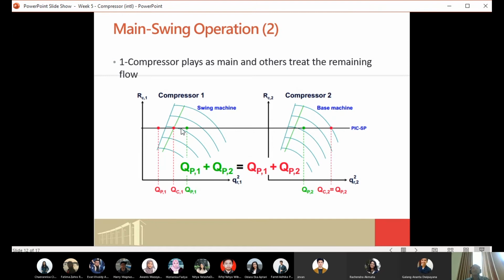In this case you have to be careful when the gas is less than the minimum gas limit, set by the vibration limit. You probably end up on the left here, below the surge limit.